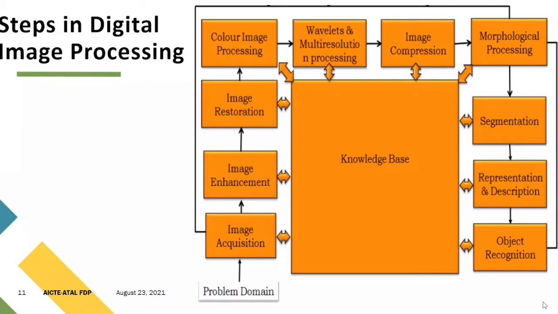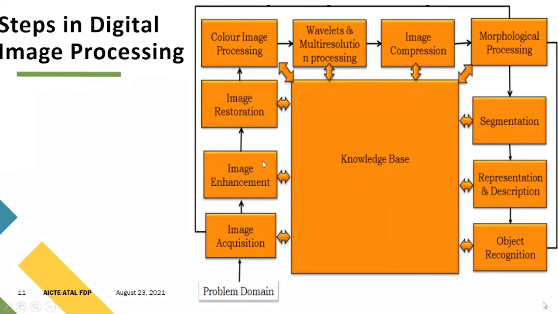Now, the very important step in DIP, which is about the steps in digital image processing. Till now, I have talked about what an image is, how to capture it, how to store it, but what are the various steps? In this particular diagram, you can see the various steps which are taken for digital image processing. There is a knowledge base. Knowledge base means it can communicate both ways, from here to color image processing, restoration to this, it's both ways.